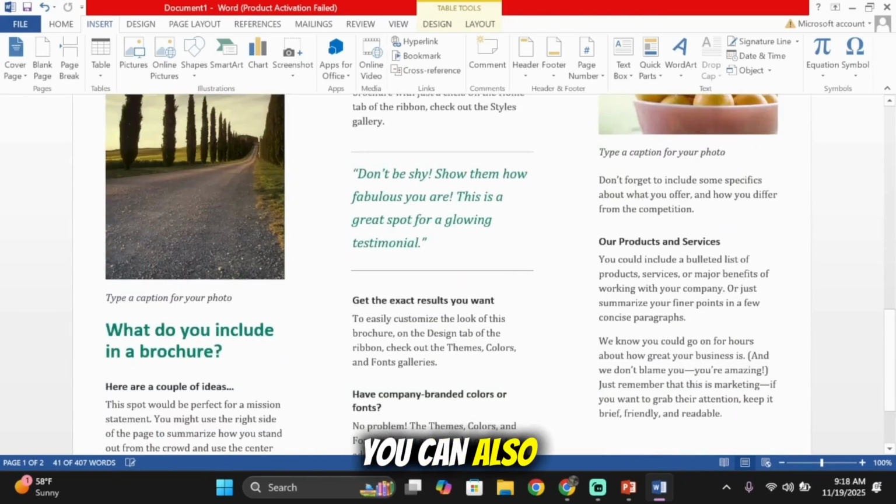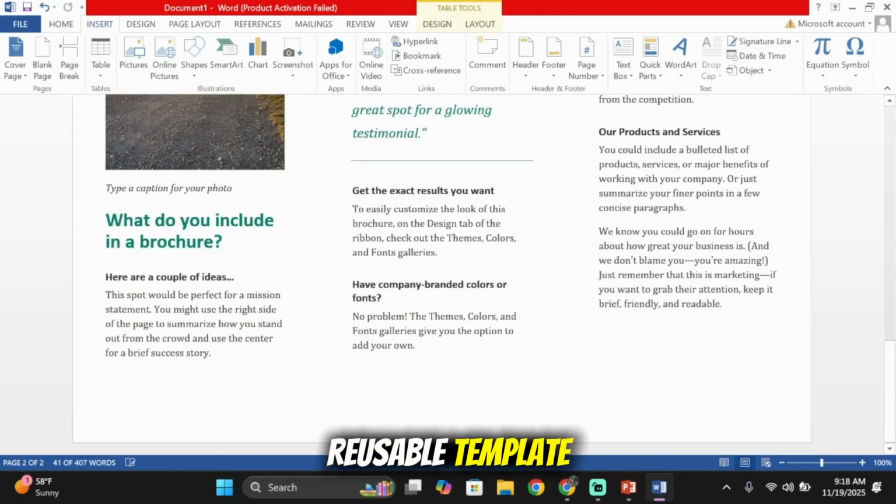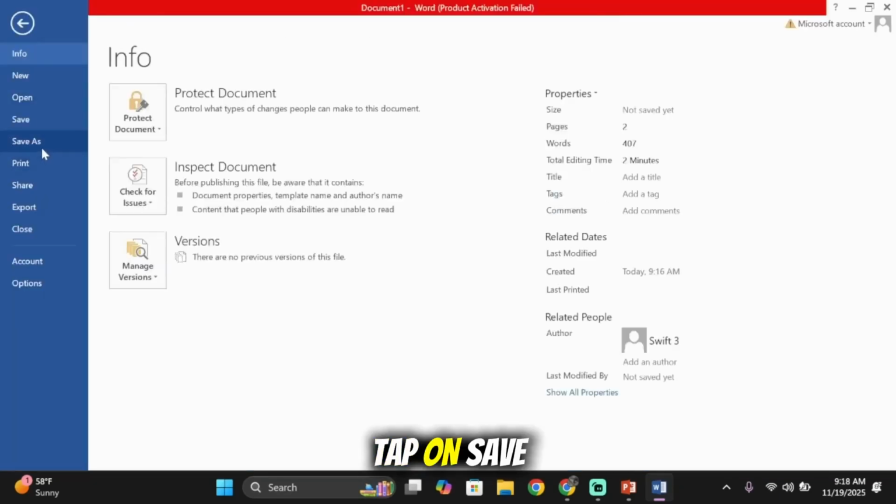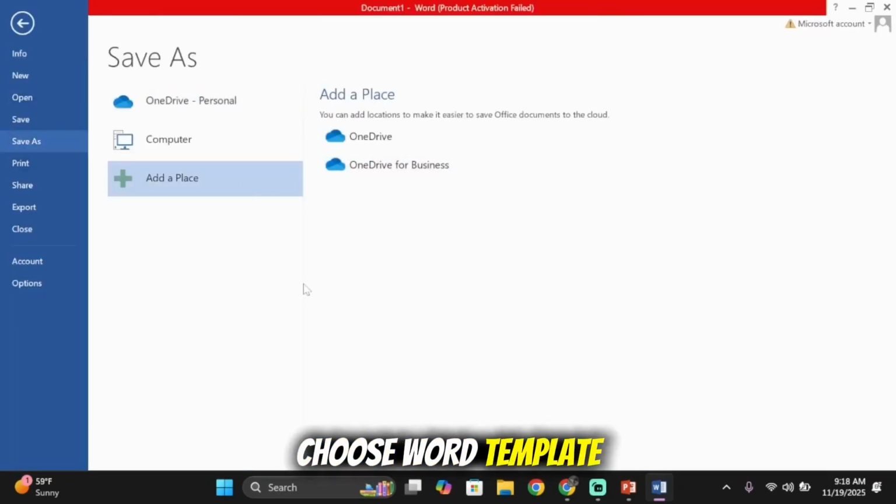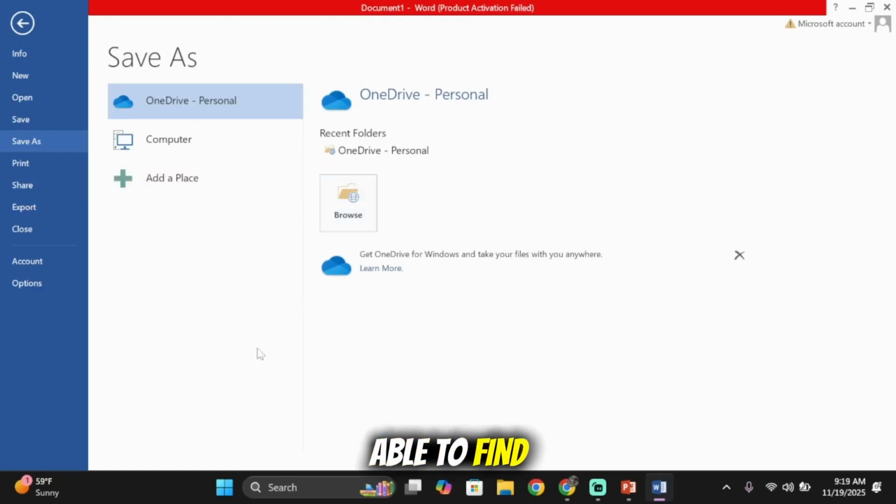After that, you can also create your own reusable template. Simply tap on File, tap on Save As, and then choose Word Template. And then here you will be able to find an option that says Save as Word Template. You will find that option depending on the version of Microsoft Word you have installed. Anytime you want to use the same layout or formatting, you can open your custom template and start working right